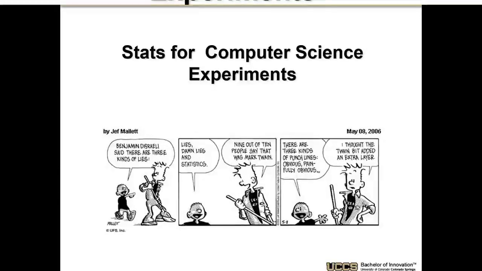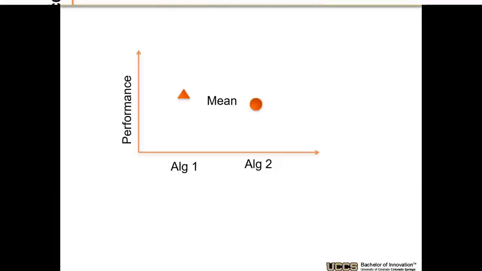Three kinds of lies: lies, damn lies, and statistics. And then just for fun, 9 out of 10 people say that was Mark Twain. This is just another made-up statistic, so that's just to be fun. So,